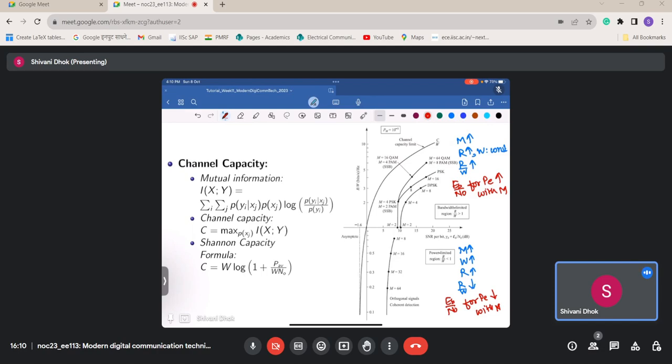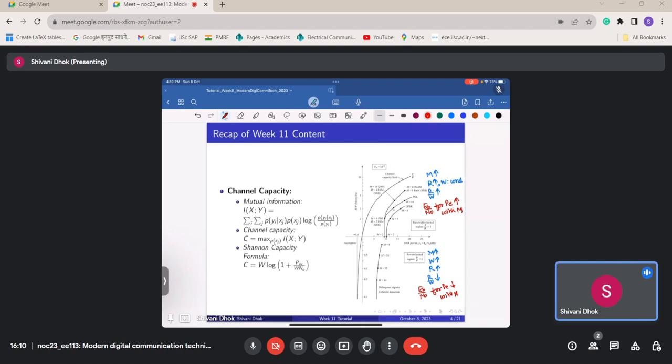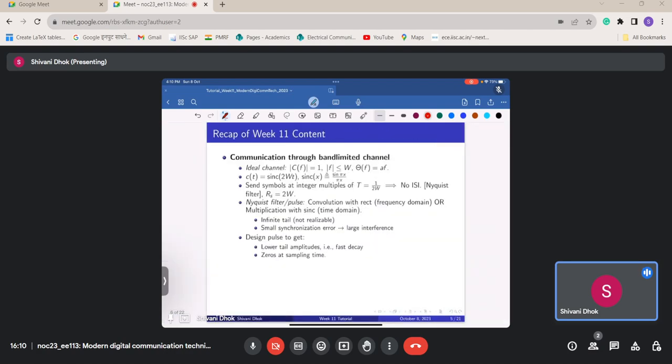After looking at channel capacity, the next concept that was introduced was communication through band limited channels. Initially we started with the ideal channel, and then we went on to the non-ideal channel. What was discussed was that for the ideal channel we have channel gain as 1 for |f| less than W. So basically your channel